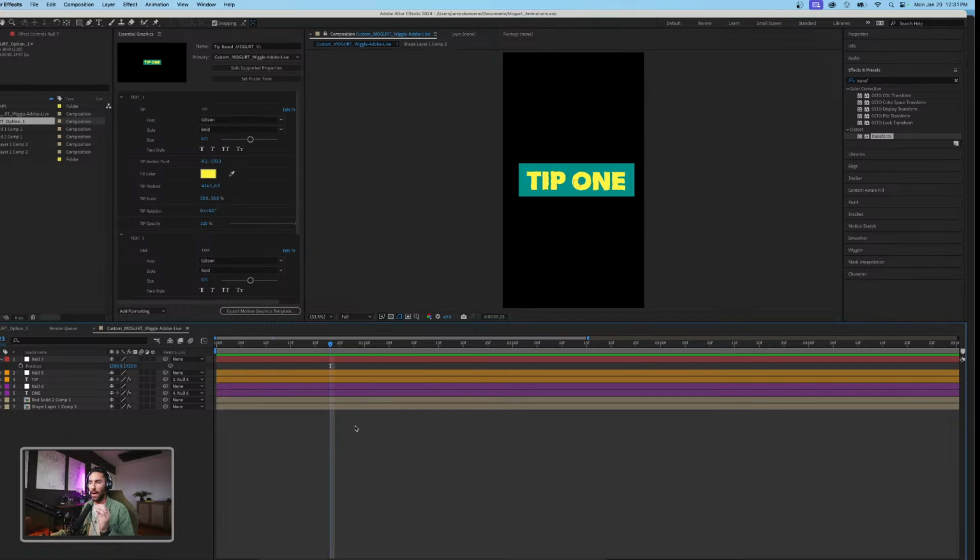Okay, so the entire idea today is to show you how to create this inside of After Effects, solo the properties so we can create a mogrt, or if you're new to After Effects and Premiere, a motion graphics template, okay? And then basically decide what properties in that text we want to then continue to edit inside of Premiere